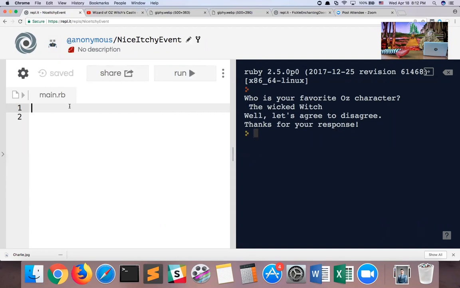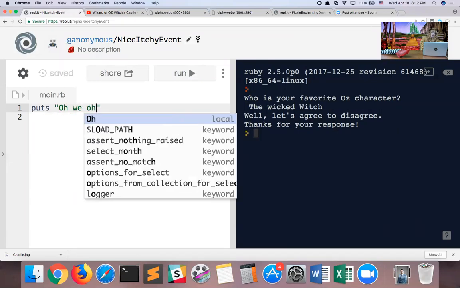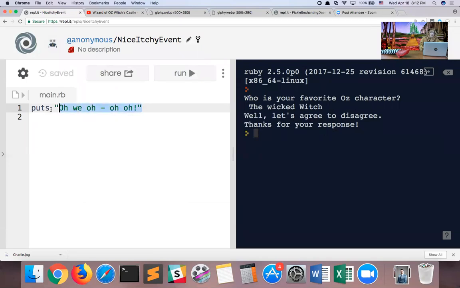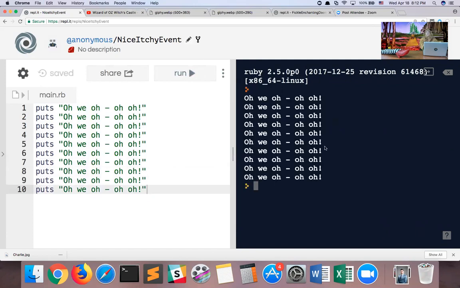So the way we know how to do it now is we can say O-E-O-O-O. And now they say it multiple times. So if we want to really print out the full lyrics, we can copy and paste that line, and let's say they say it 10 times. I didn't actually count it. Boom, on the right side of the screen, we now have the lyrics to the soldier's song.